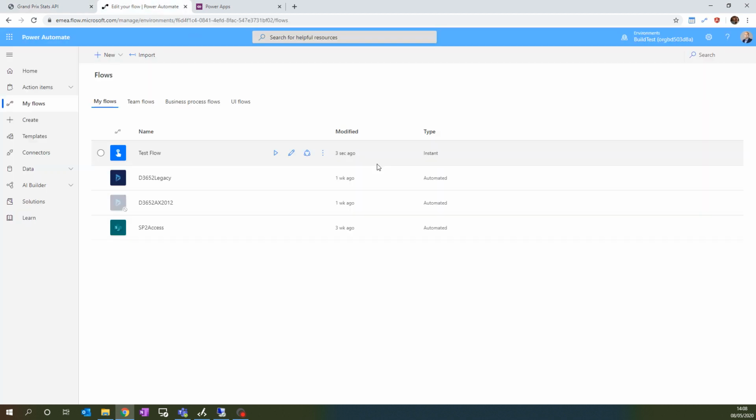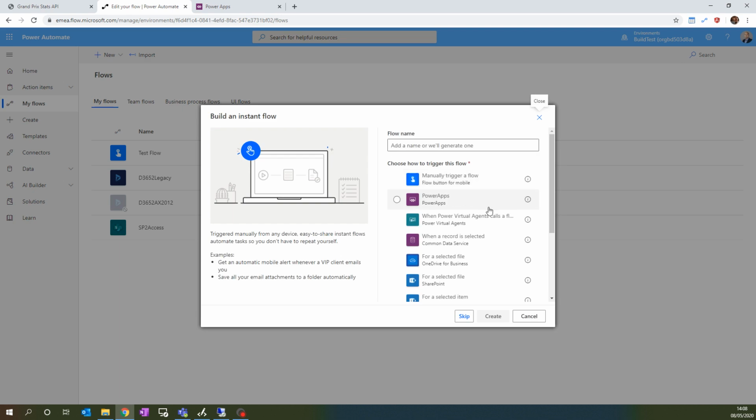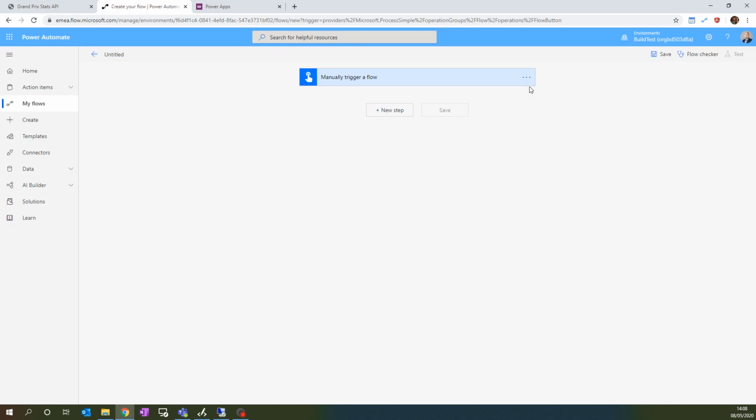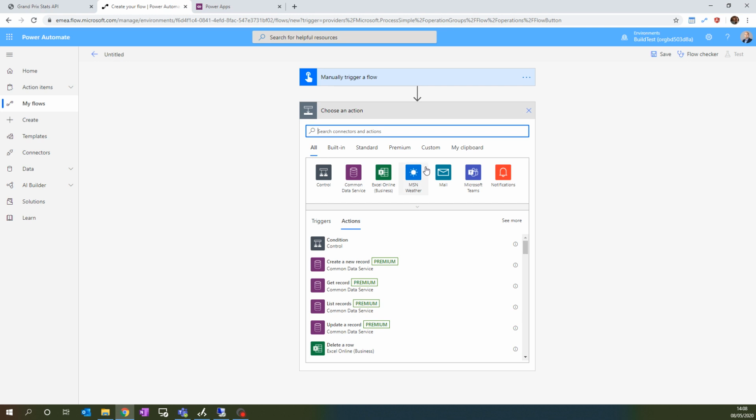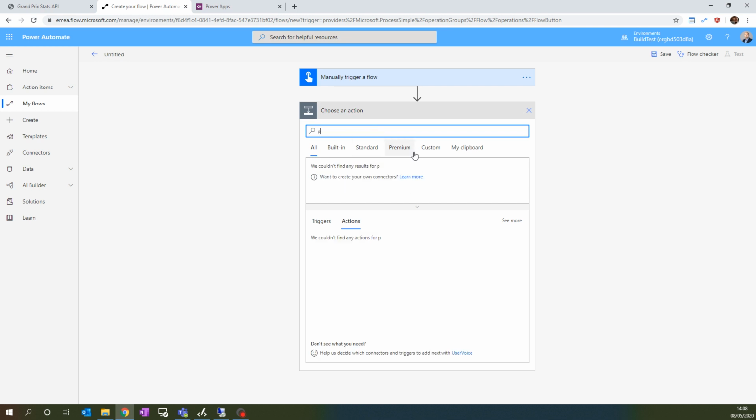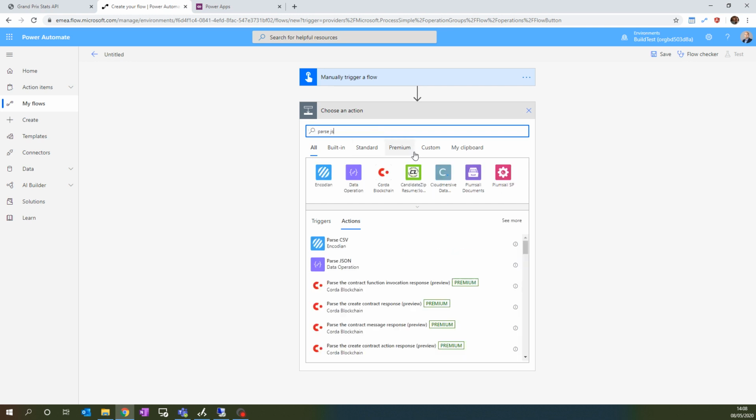So I will start first by creating this new flow in Power Automate. I will set it as an instant so that I can immediately trigger it and test it, and I will choose the manually trigger a flow. So this is my trigger. I will add this step, which I will call pass JSON. It's a dot operation,